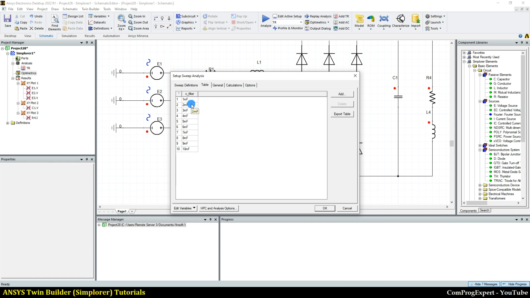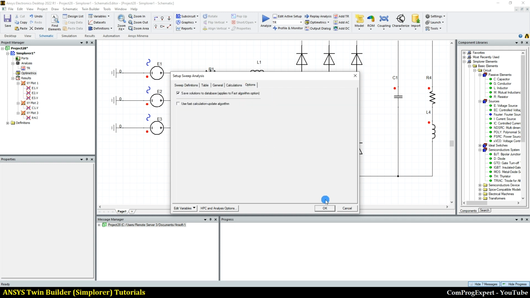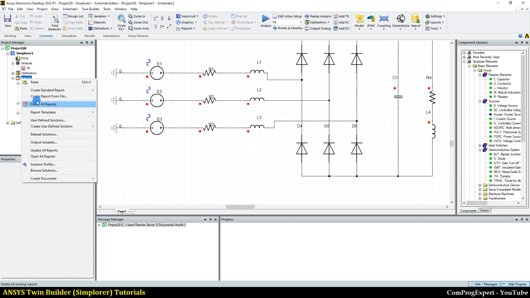I want to change the value of the capacitor 1 by 1, to find the best value that is suitable for this load. We can plot the voltage waveforms and decide. So I select the corresponding solver, and now let's save the design and run the